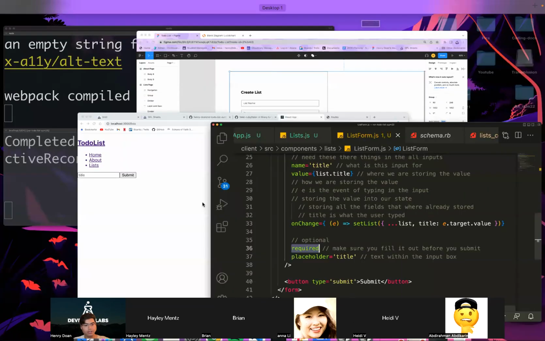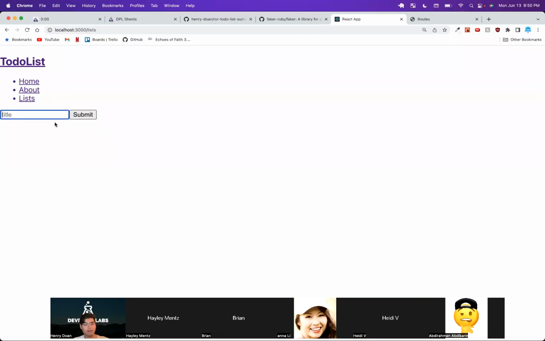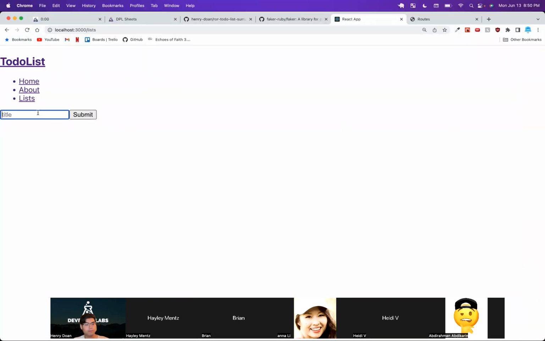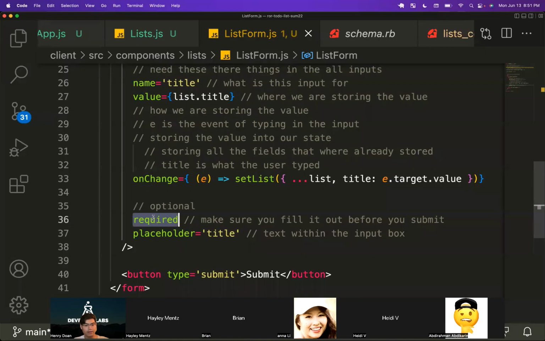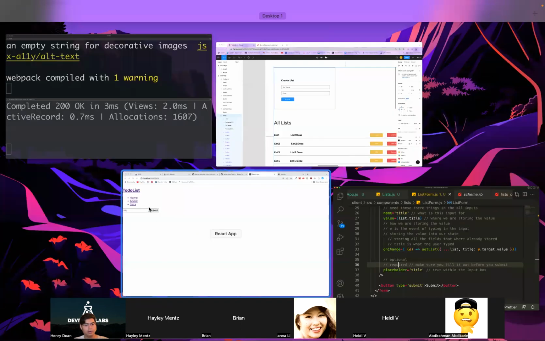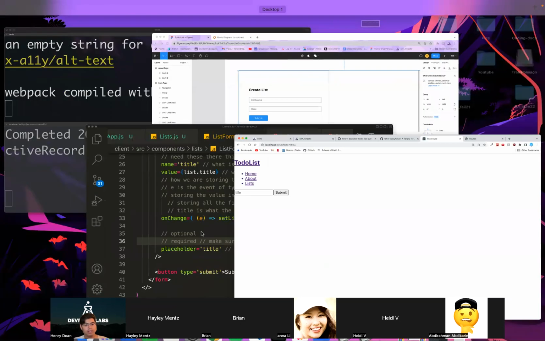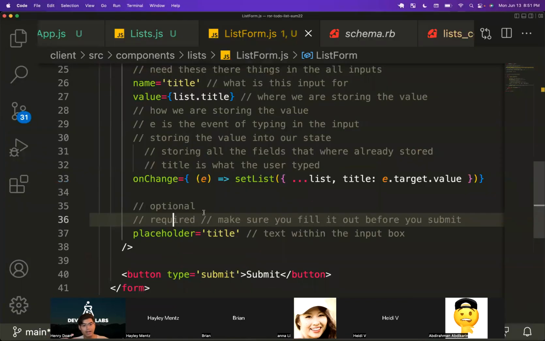So with this validation, if I go ahead and submit this right now, I didn't fill anything out, it would give me this required message saying please fill this field out. That's the front end validation, this required bit here. But if I don't have that, it will go ahead and submit the form anyways. And when it submits the form, if I have it all connected, it will then go into my